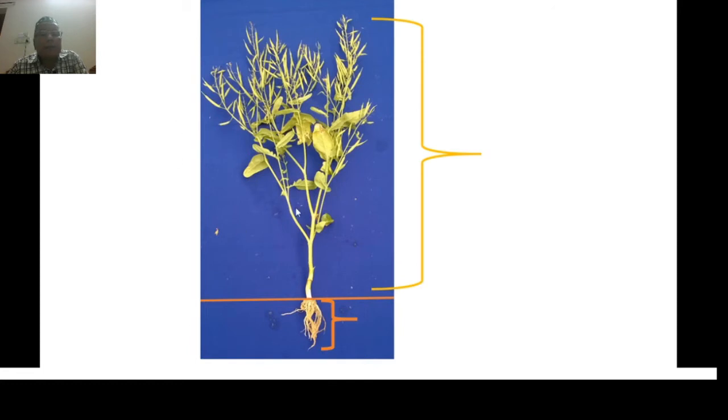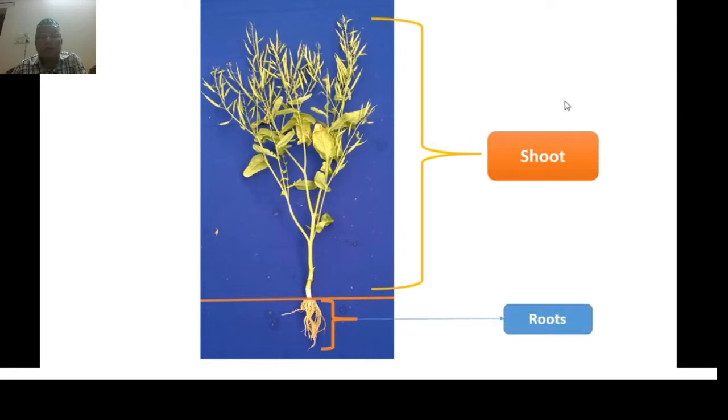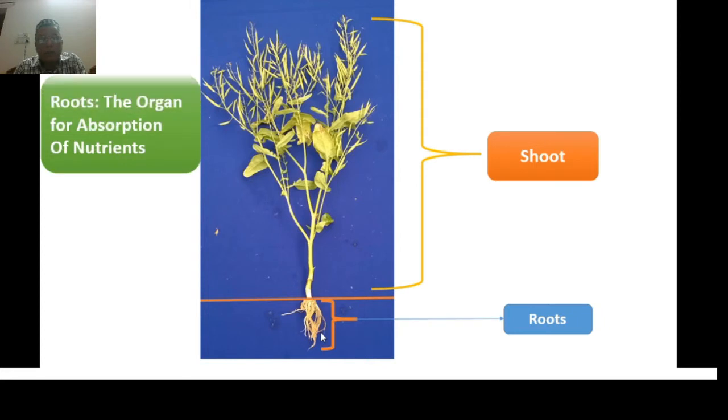If we can see a plant, the image of a plant, this is a complete plant, a flowering plant, and this is mustard. There are two portions, a shoot and the root. In the root, the nutrient and water will be absorbed by the root, and can be transported from the root to the shoot and finally reach the leaf and other growing portions of the plant. So this area is our interest, so we'll concentrate on how the roots are related to nutrient and water uptake.